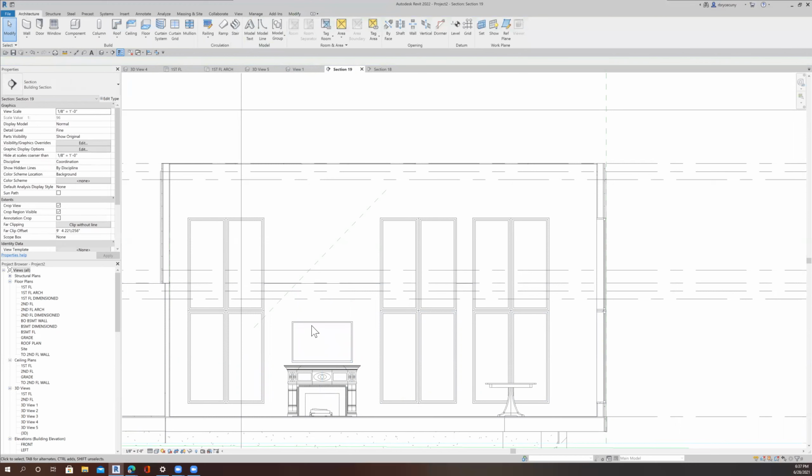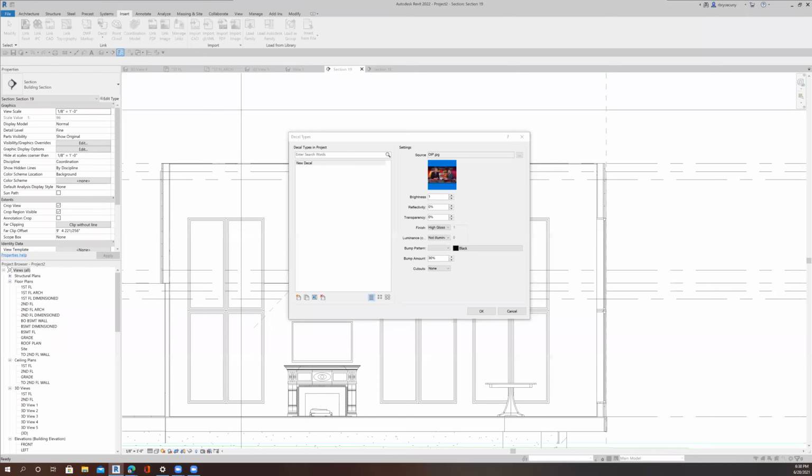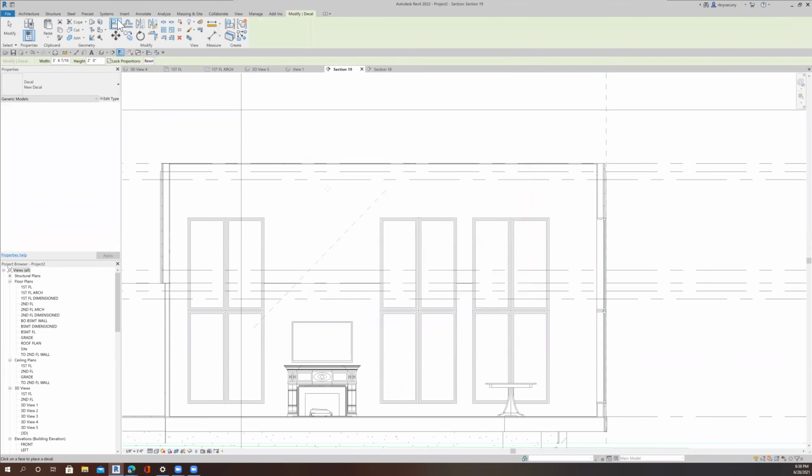Now, let's put a decal inside of here. I'm going to pause it for a second because I have a new computer. I'm not sure where all of the images are yet. So let's just pause. All right. I just didn't want you to have to watch me search around on my computer to find out where an image is. So what I did was let's just say okay to that. Okay. Now let's go